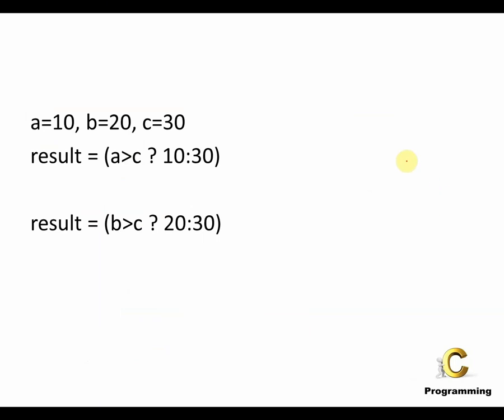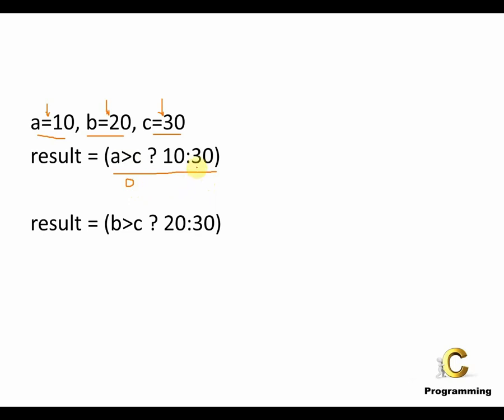Going further, another example we have, as you can see on the screen: A takes a value of 10, B takes a value of 20 and C takes a value of 30. Now this particular operator is called the assignment operator. Assigning a value to a variable is called assignment. So we have to now evaluate this conditional expression. What would the result be? In this case, is A greater than C? No, it is not greater than C. So basically it is false, 0.